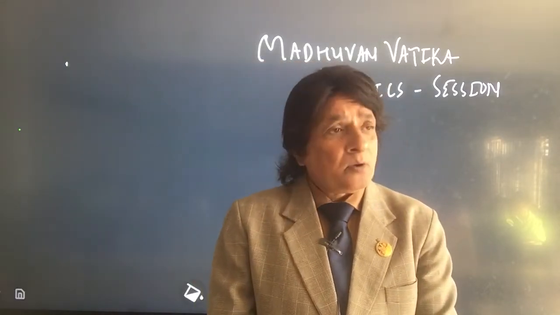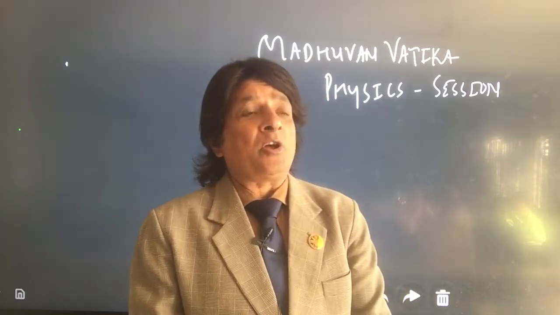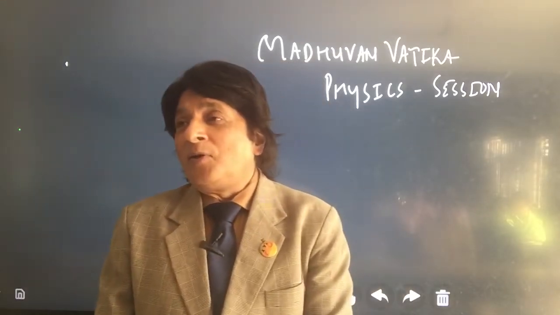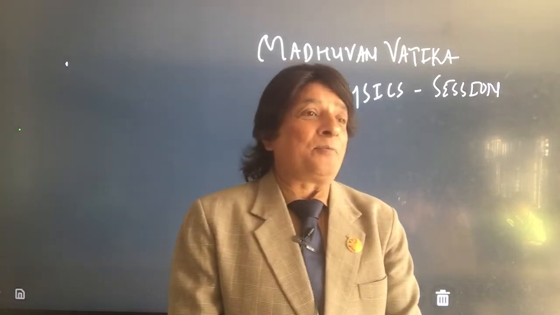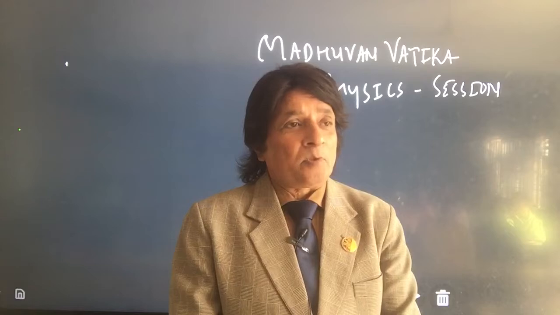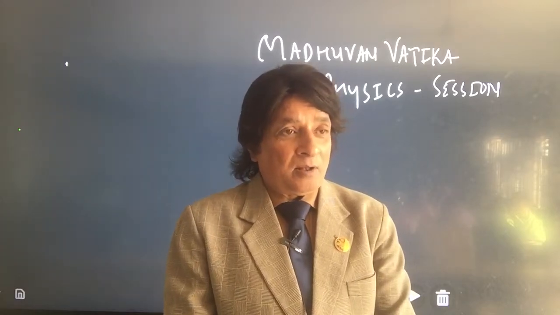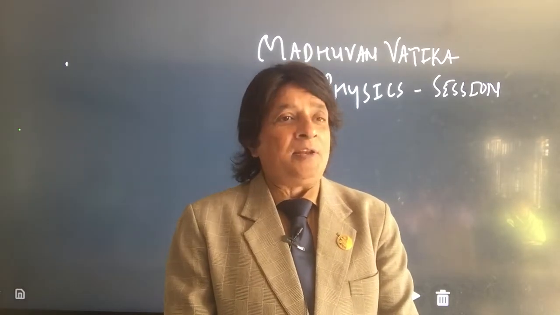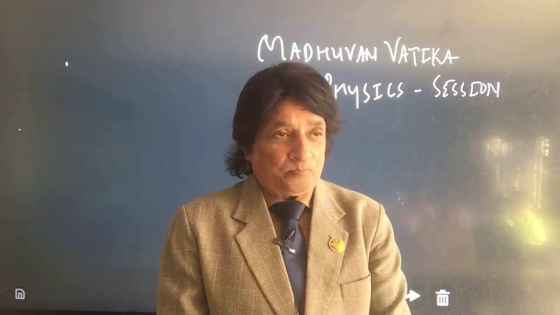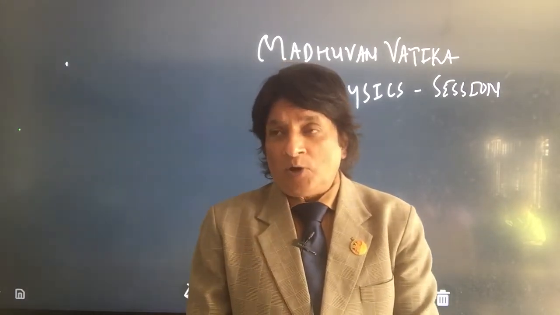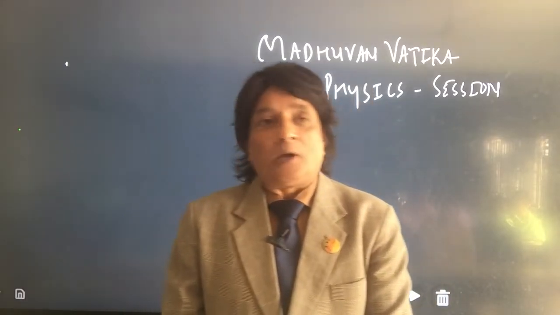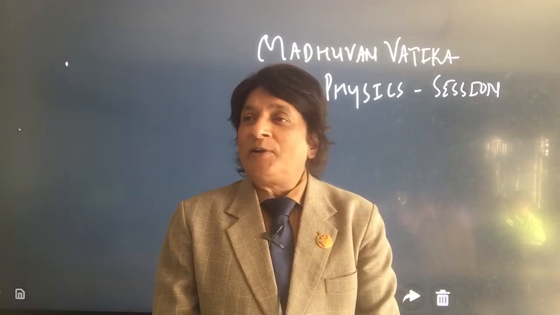Okay. What is the concept of angular momentum? L equal to I omega. L is called what? Moment of linear momentum. That is called angular momentum. And angular momentum is L equal to I omega.